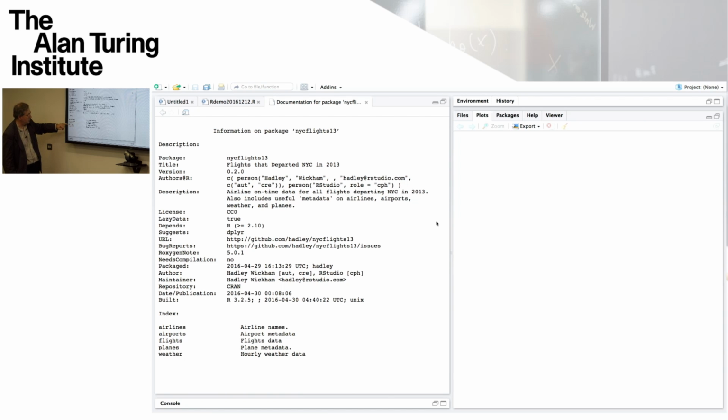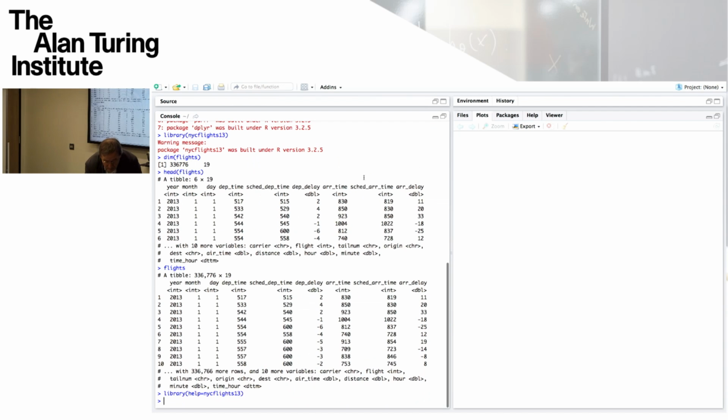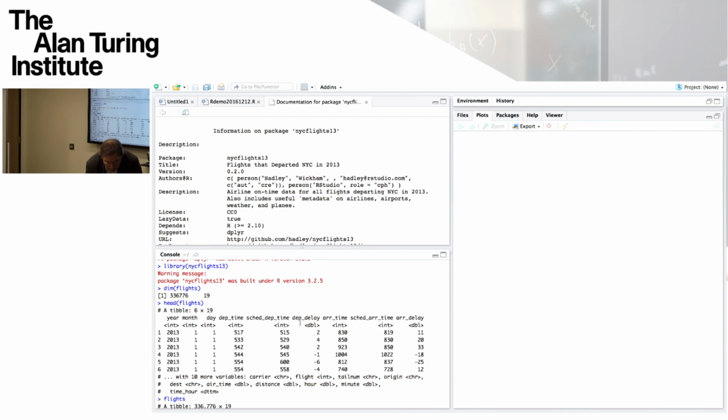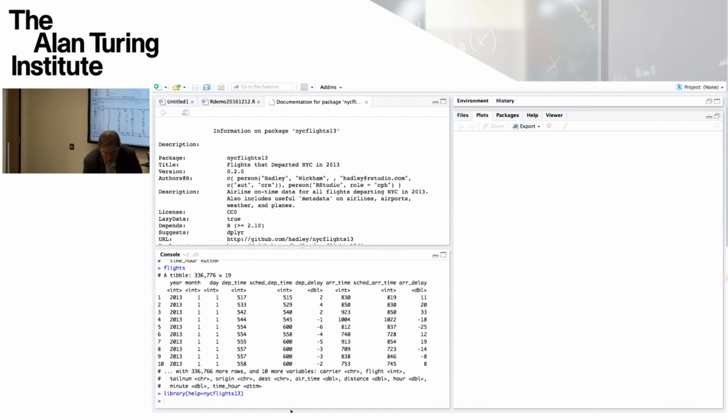There's another one associated with the metadata of the plane, indexed by that tail number. There's hourly weather data across the year 2013. There's metadata about the airports for the origin and destination, and also the mapping between the carrier labels and the usual expanded full name of the airline. Okay, so I'll bring that down again. Tibbles are a nice addition to data frames, which are just more convenient to work with, especially for large data frames.